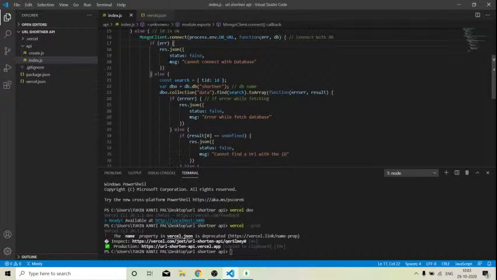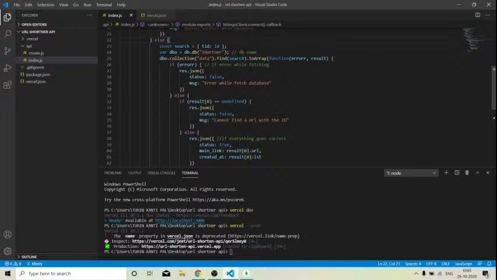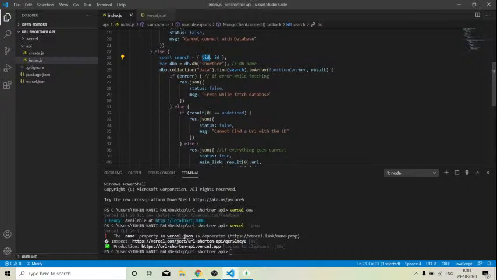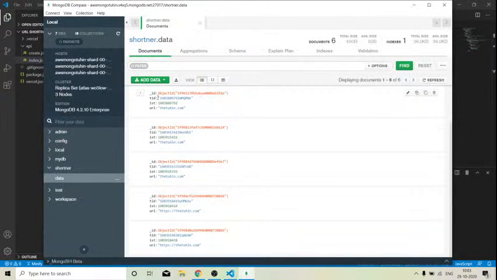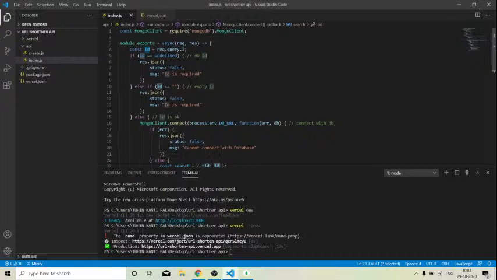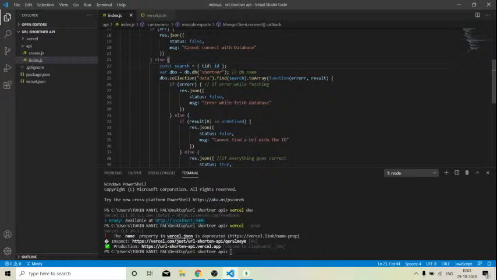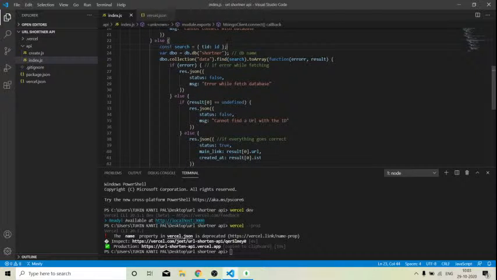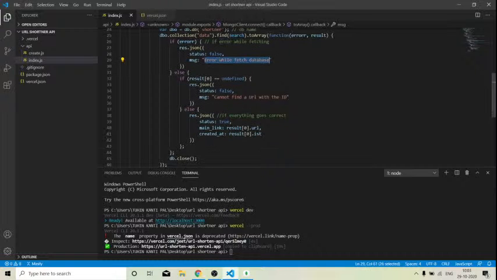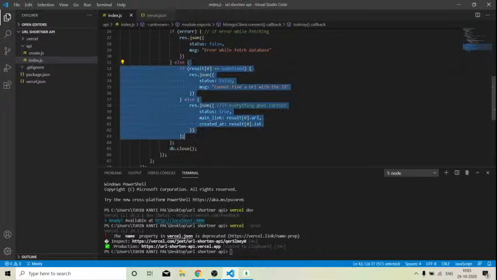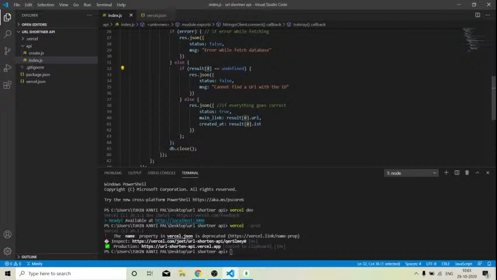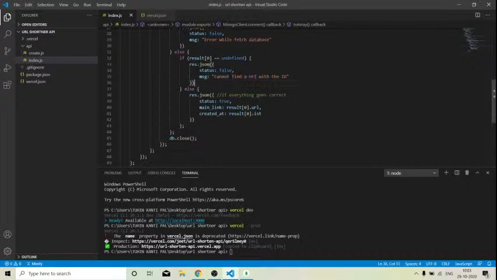If error, then it will say cannot connect with database, and else it will search the tid and the id. The id, as you know, is this one, we will get the id from here. This is our database, that is the Shortener database, and the collection is data. Here we find this value to id, with a function of error and result. If error happened, then it will say error while fetching database, and if everything goes correct, there are two cases. If result 0 is undefined, meaning no result was found, it will say false, cannot find a URL with the id. Okay, if we get a result,